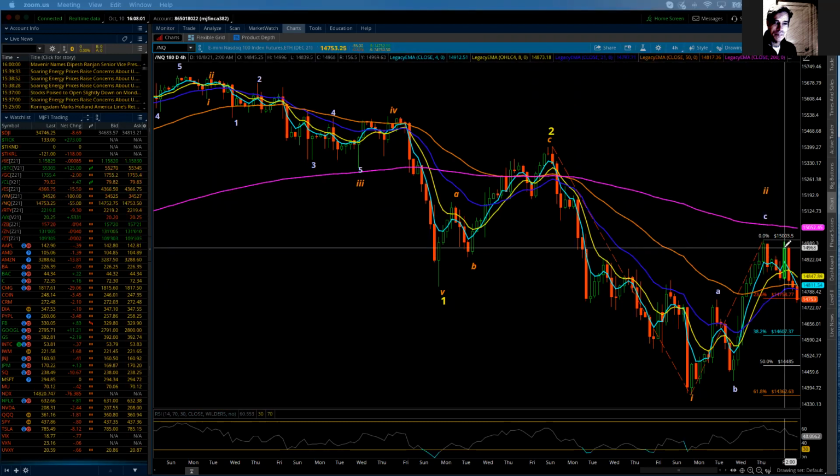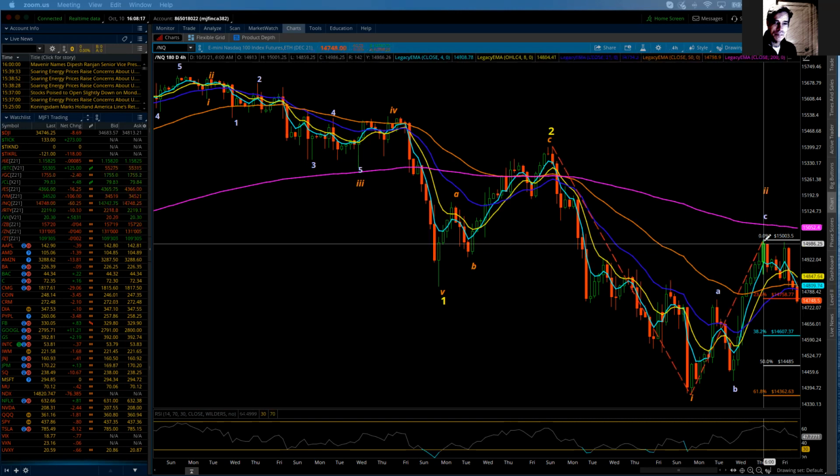They did make an early attempt during Globex and basically failed. And also very early in the US session, they made an attempt to take the rally and continue to break above the high that was put in on Thursday morning at 15,003.